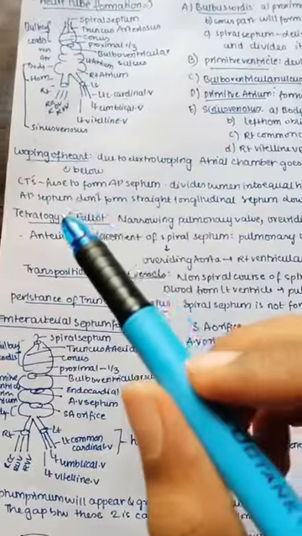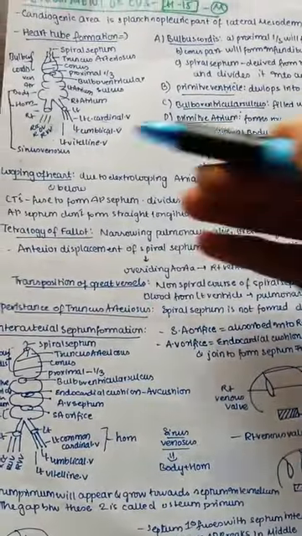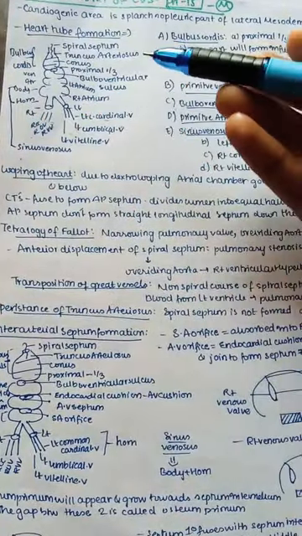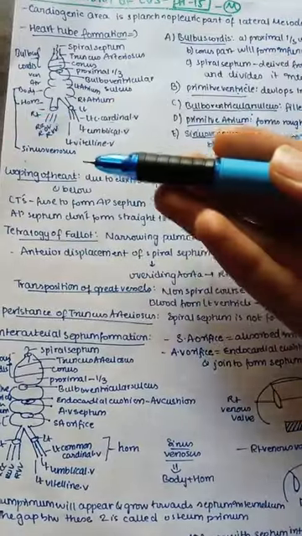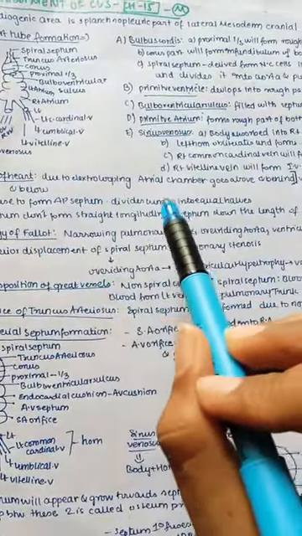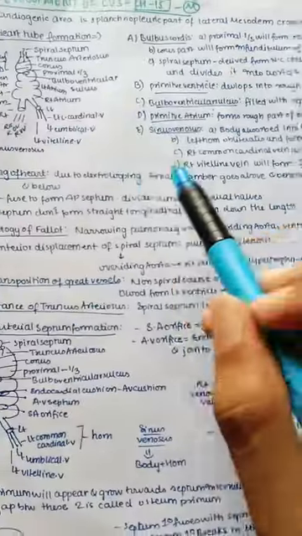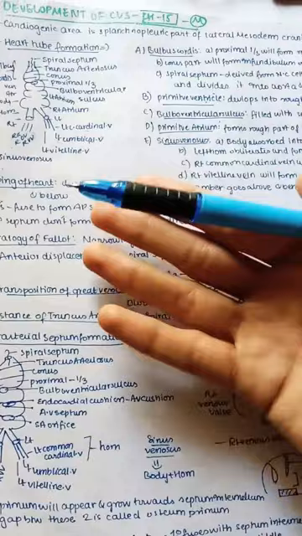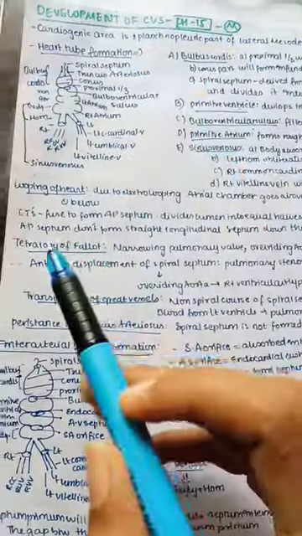And next, let us see the looping of the heart. Looping of the heart is nothing but the heart tube converting into a more adult form, with the atria coming to the upper side and the ventricles to the lower side. This is due to the dextro looping, where the atrial chamber goes above and behind, and the ventricular chamber moves front and below. So the ventricles now come below and the atrium comes up, as in an adult heart.